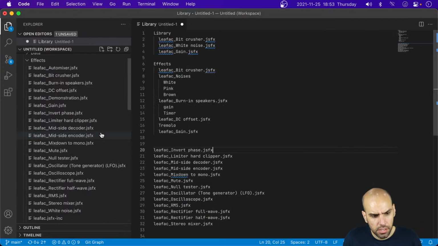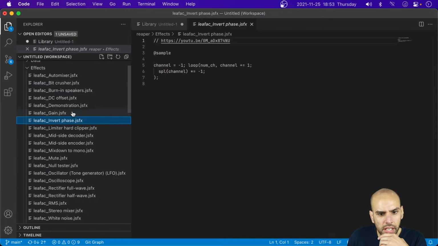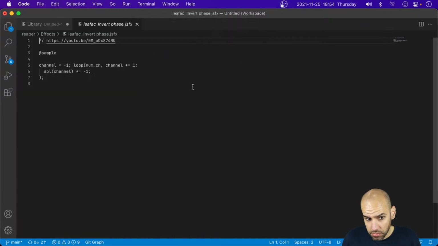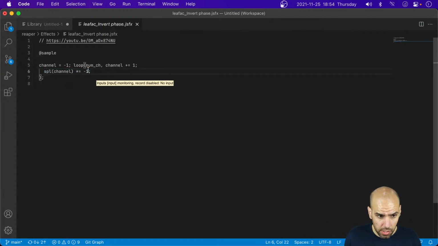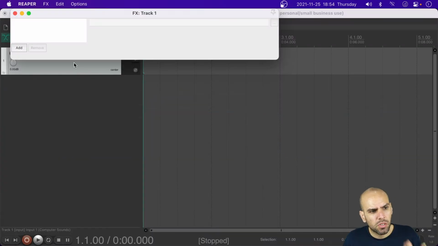And then there is this one to invert the phase. And this is multi-channel. I guess probably this was the effect that I used to explain how to do multi-channel effects, but I forget. And it explains what happens when you invert a signal. So that's kind of cool, but in terms of being useful,